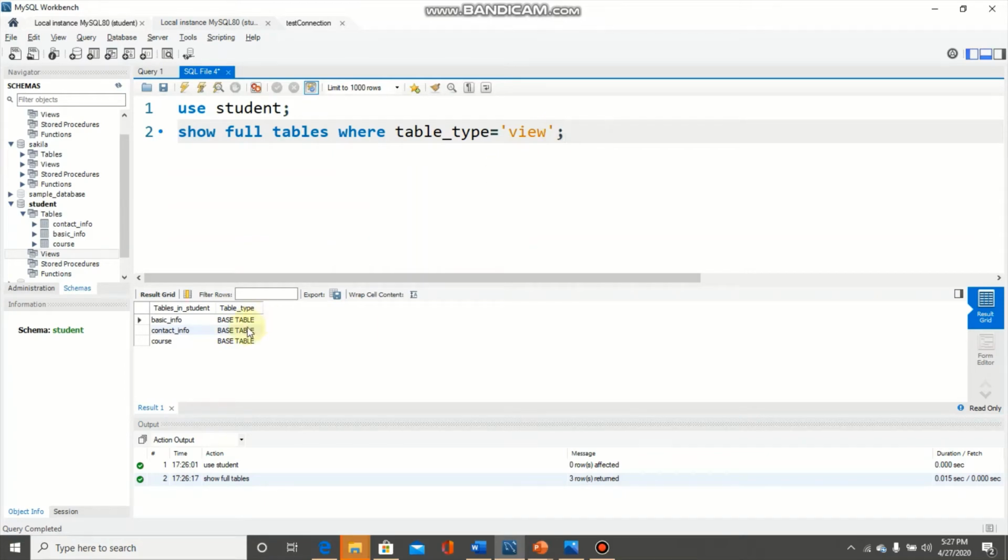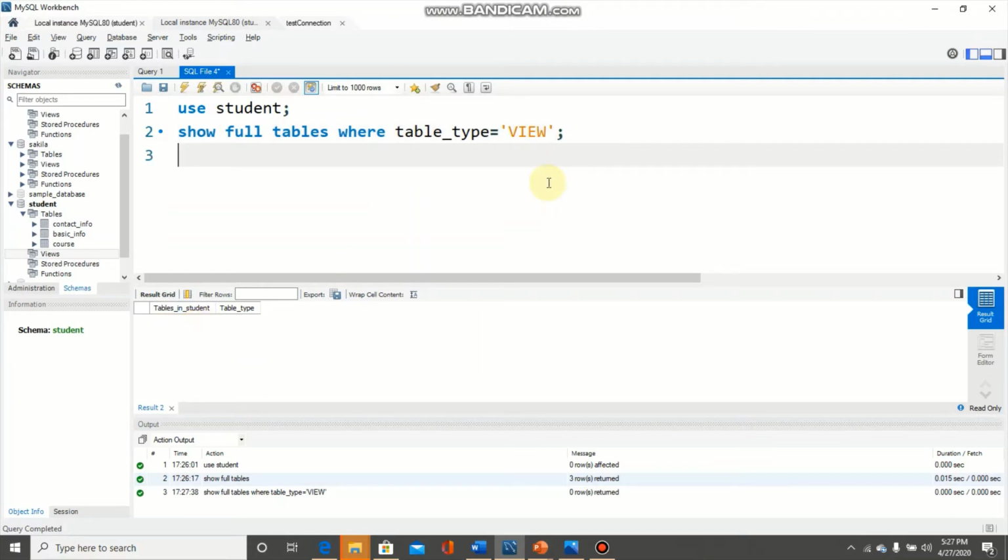Note one thing: the table type has capital letters in its values, so the view will also be in uppercase. So we must type this view in uppercase. Control enter. Since there is no view, there is no value in the result.